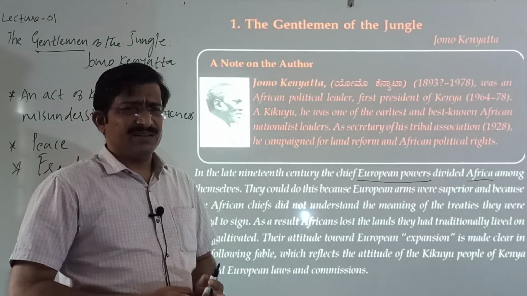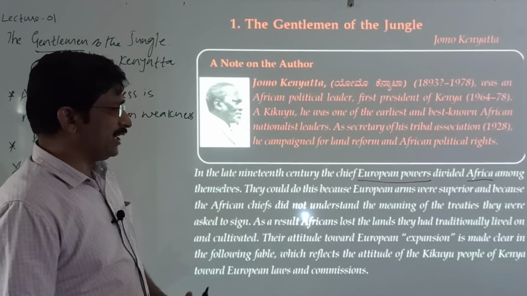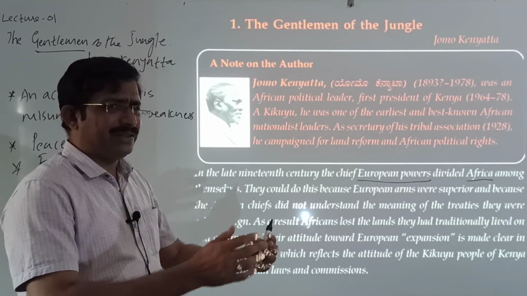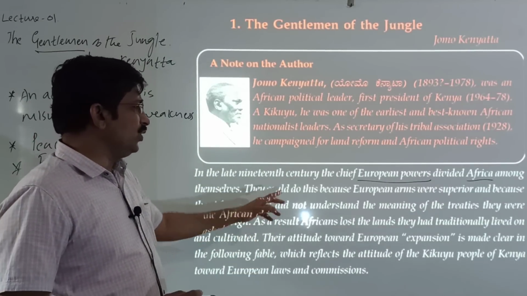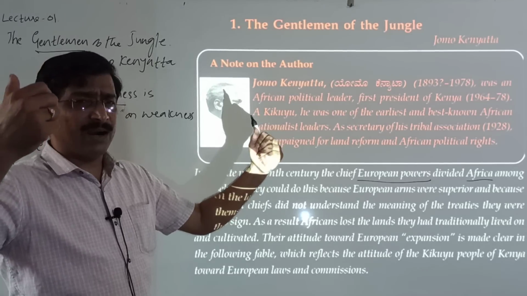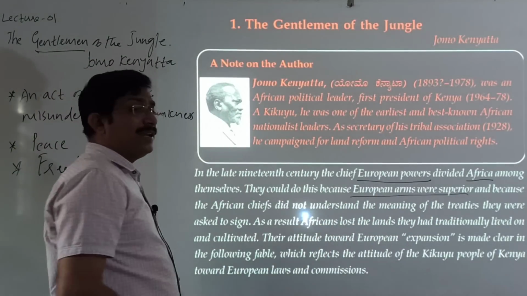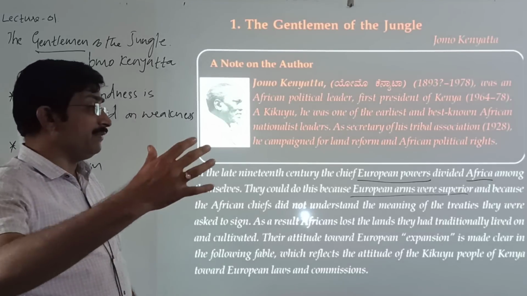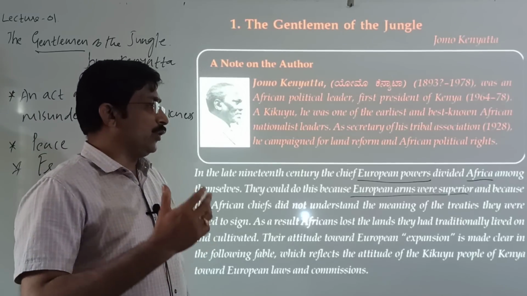So it means European powers divided Africa among themselves, the complete division of Africa. What was the reason they could do this? They divided Africa only because European arms were superior. The army of Europe, European forces, European arms